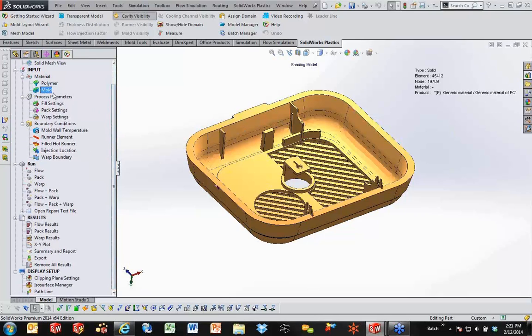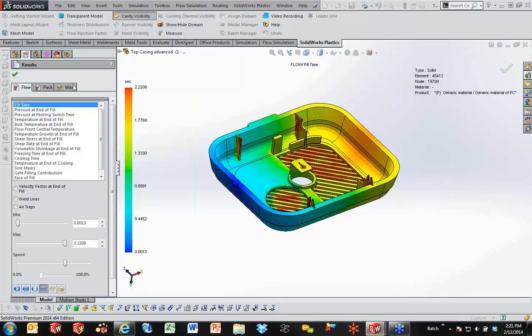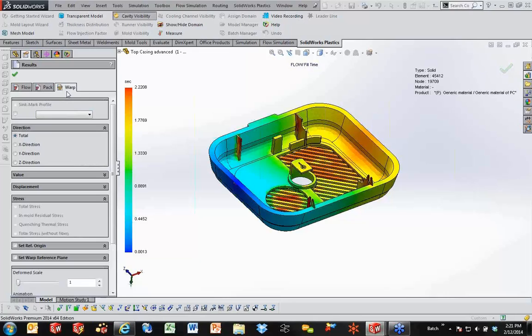So once we've defined our mold material, there's really not much else but to run the model. So looking at the results, we now have 3 different places instead of just the simple flow. So the flow results are all the same. So what we want to look at now is the detailed warpage. Okay, so warp and shrink,